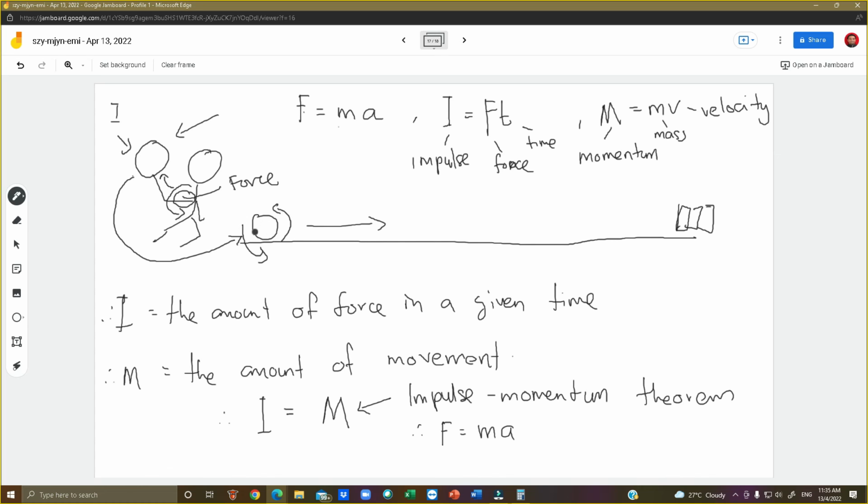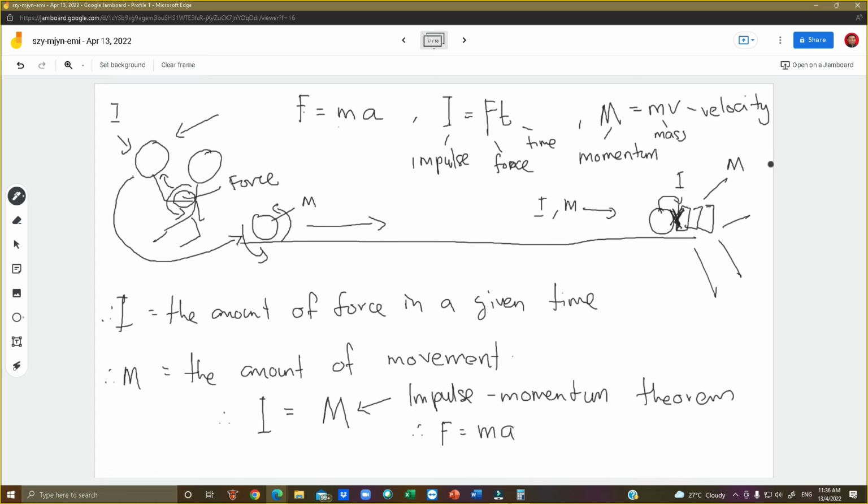And when this bowling ball is in motion, it has momentum. Okay, sekarang bola ni ada impulse, bola ni ada momentum. Momentum menyebabkan bola ini bergerak up until here, where the ball is going to have a contact with the pin. And when the ball contacts the pin, remember tadi dia bawa momentum, meaning dia ada impulse. When contact happens, the value of this impulse will be transferred from the ball to the pin, causing the pin to scatter around. Scattered around is motion, that is momentum.